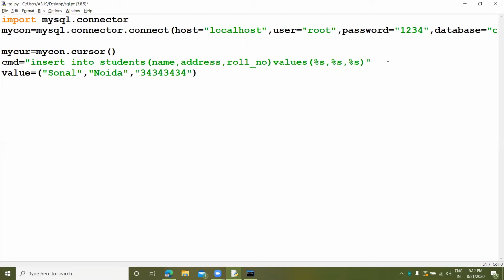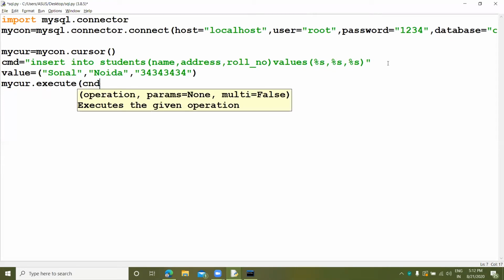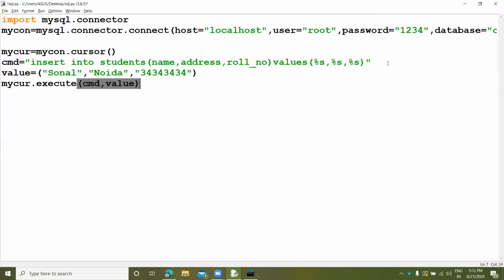Okay guys, now my cursor.execute with the command cmd and values. It's a value, not values. So we have to use my connection.commit. If you do not use the commit, then the data will not be stored in MySQL.